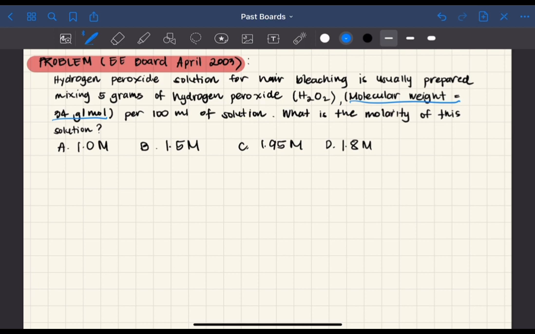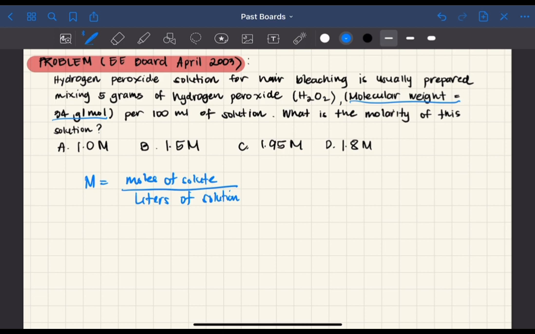So since the molarity is defined as the moles of solute divided by the liters of solution,